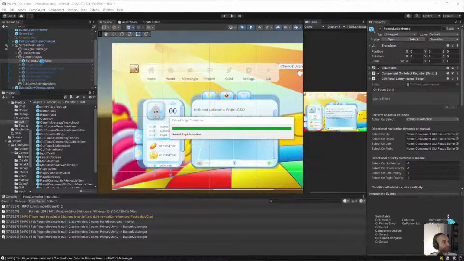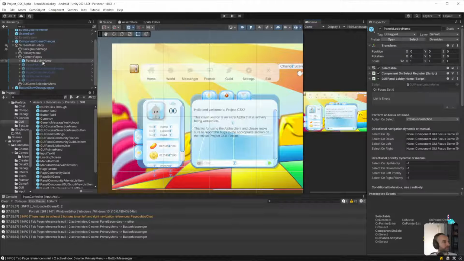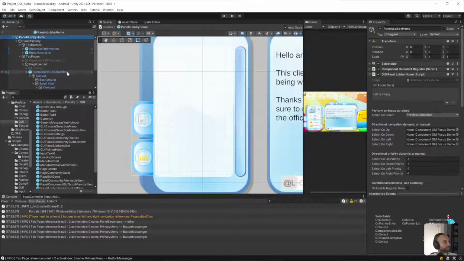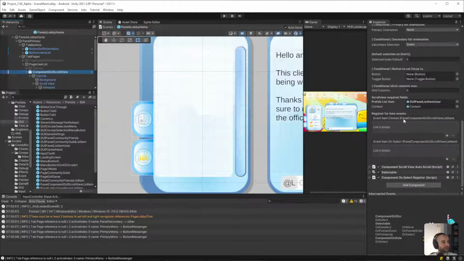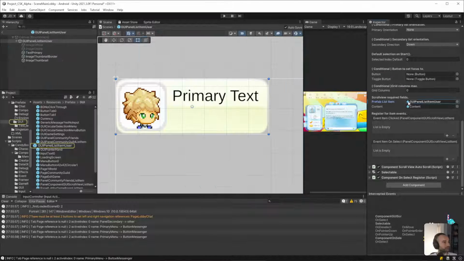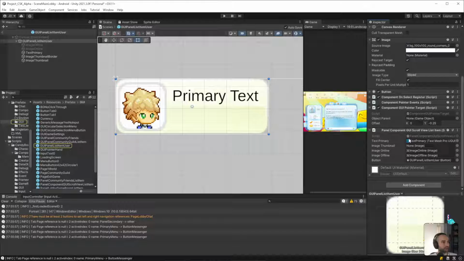object, the prefab, we want to use the list item, not the base class reference. So here, and then we're going to change this.